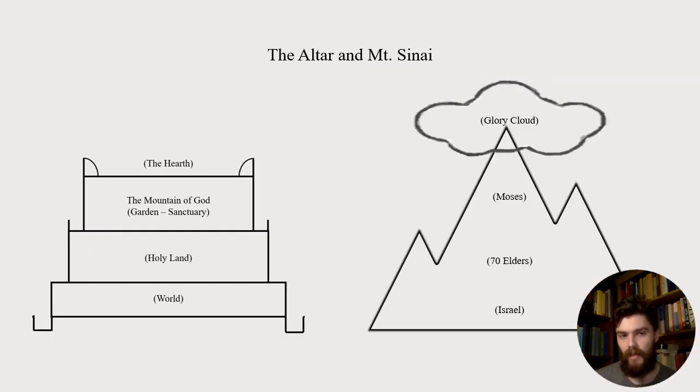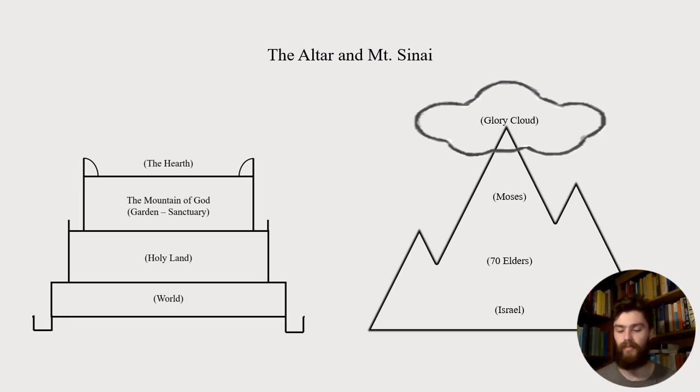And this is a diagram that I put together that I think illustrates his point a bit clearer. So what you can see is the correspondence between the altar that we just described and the mountain of God itself, Sinai, which is called the mountain of God in the Exodus passages. What you have is a correspondence with the levels of holiness and the levels of the altar. So if you recall from the story, Israel is allowed no further than the base of the mountain. Furthermore, the elders are allowed in the next level, but they're not allowed on the top of the mountain. Moses alone is able to go to the top of the mountain. But even then, he's not able really to stand in the presence of the glory cloud, which is God's manifestation. And that, I think, corresponds to the levels of the altar.